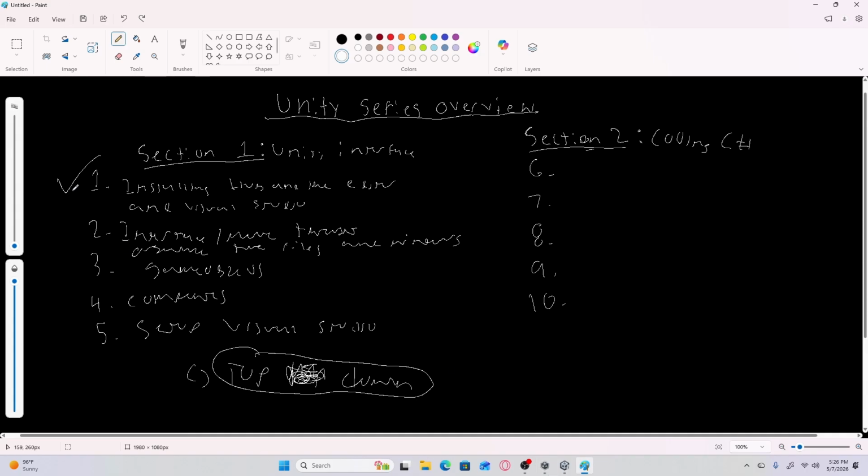Also, before I forget, I made a little cut there. Don't worry about it. I've got a check mark on it so you know that we're not missing anything. Alright, so that should be the finale